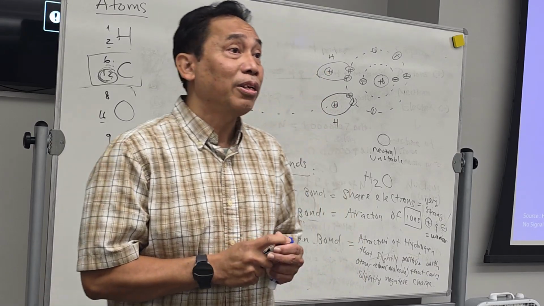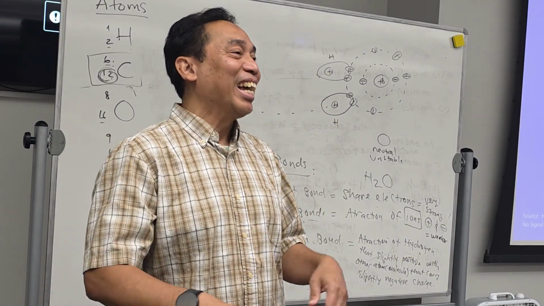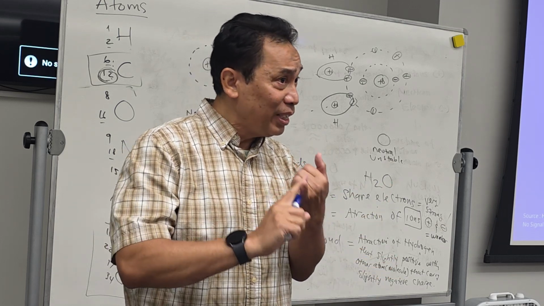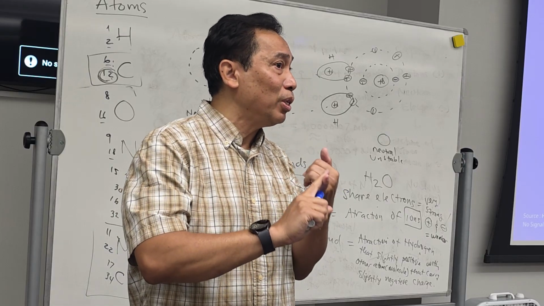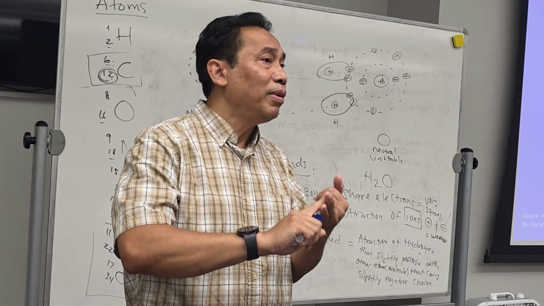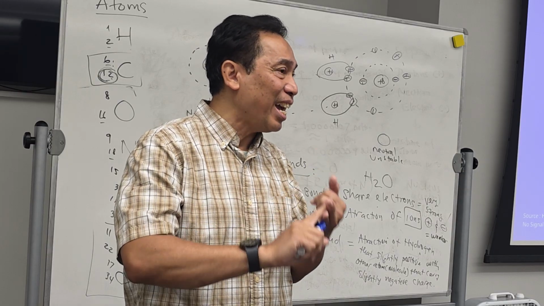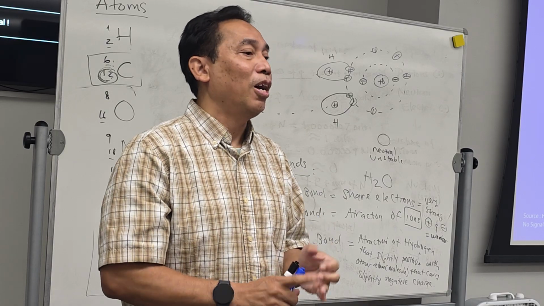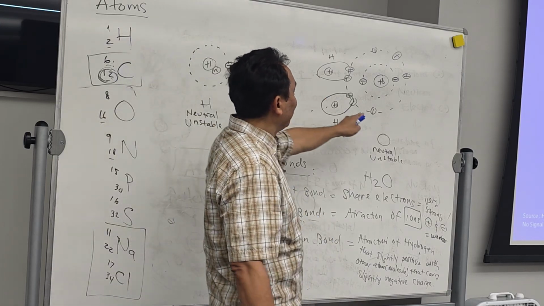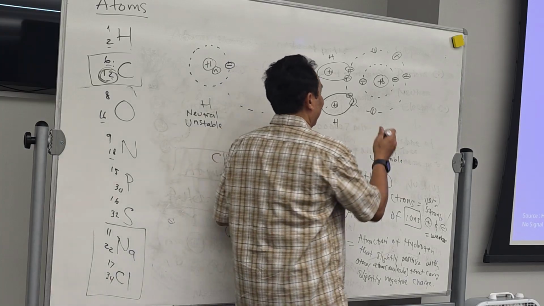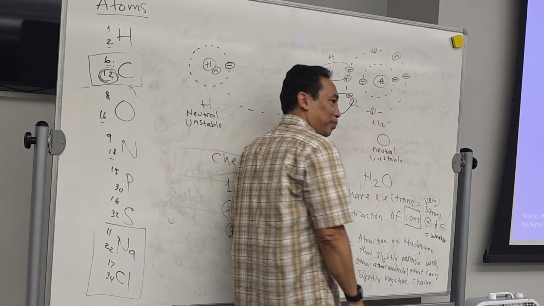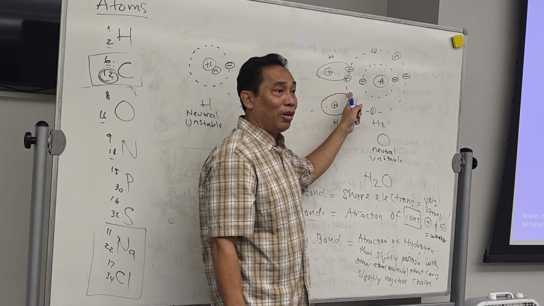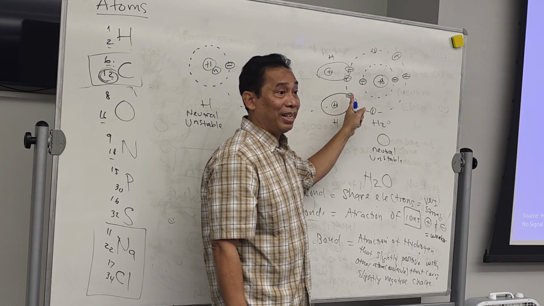That's the definition. What is hydrogen bond? This is the bond that's created by attraction of hydrogens that are slightly positive with other atoms or even molecules that carry slightly negative charge. Can you get this one first? Now, we're going to go back to this water. Look at this water, right? H2O. What type of bond here? Covalent bond. Is it strong or weak? Very strong. You cannot break this one.